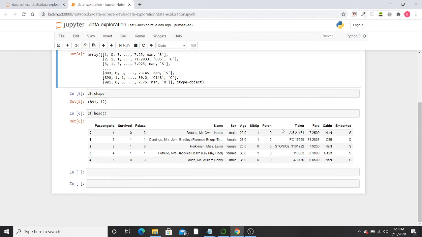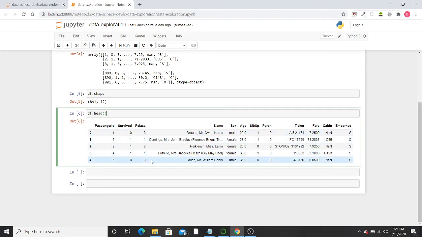Now let's say I'm not predicting whether a person has survived or not. I am predicting the fare price of a cabin. Then the fare price column will become the dependent variable and the other columns will become independent variables. So it's very simple. First you have to analyze which column you are trying to predict. So the column that you are trying to predict will become your dependent variable, and the other columns excluding that column will become independent variables.